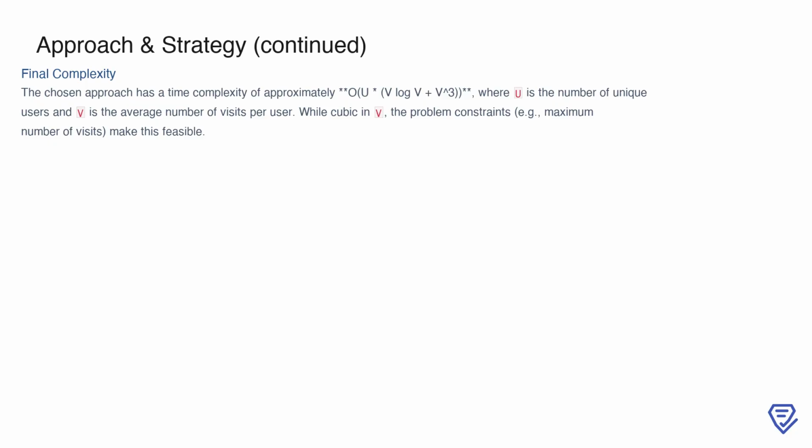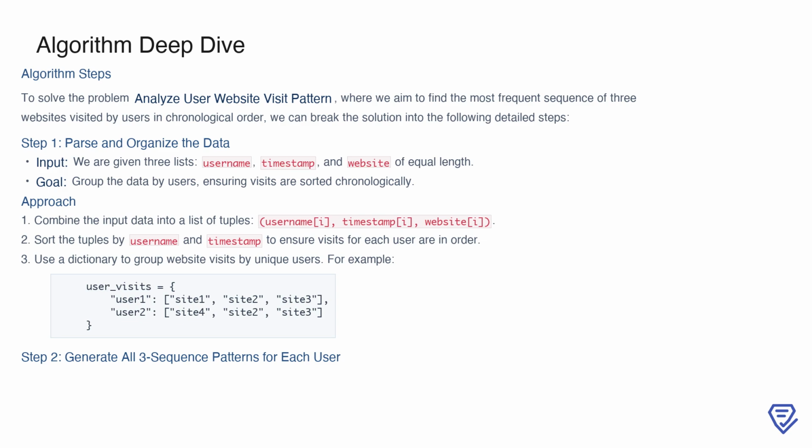To tackle the problem of analyzing user website visit patterns, we start by organizing the input data effectively. The input consists of 3 lists: username, timestamp, and website, all of equal length. Our first step is to group the website visits by users while ensuring that these visits are sorted in chronological order. To do this, we combine the 3 lists into a single collection of tuples, where each tuple contains the username, timestamp, and website. Sorting these tuples first by username and then by timestamp ensures that the visits for each user are correctly ordered. Once sorted, we use a dictionary to map each unique user to their respective list of